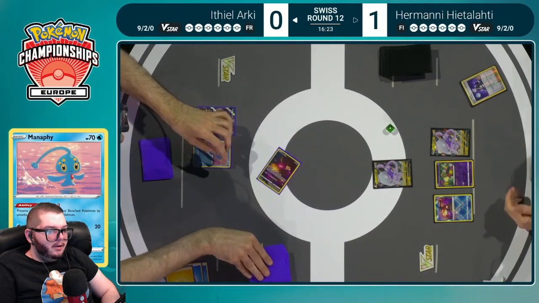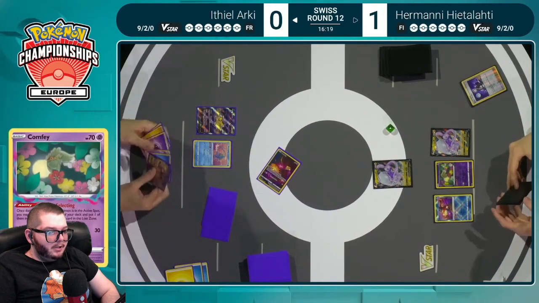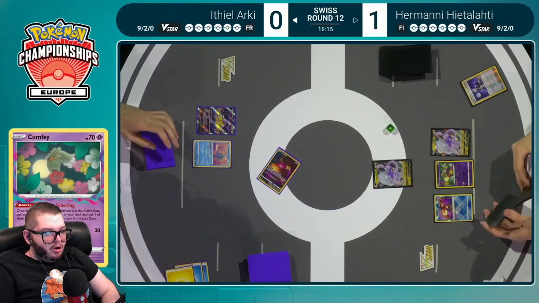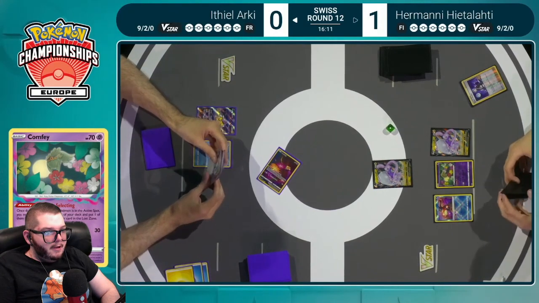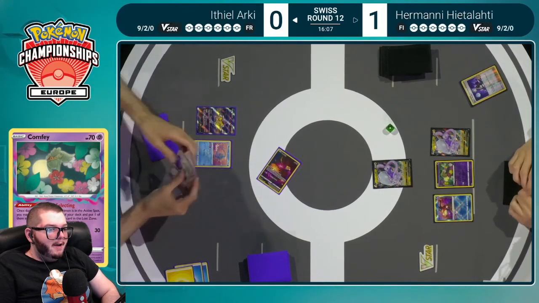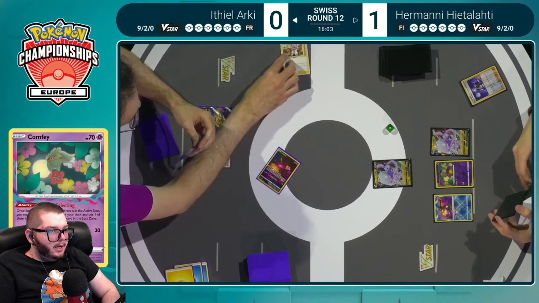So yet again, retreating the Manaphy with another energy he has in hand. Has to look at the top 2 and Lost Zone one of them. And still just drawing super bad, both of these players. If Ithiel wants any chance of winning or tying this match, he's going to have to find a way out of this dead hand. Even though Hermione's super bricking now too,